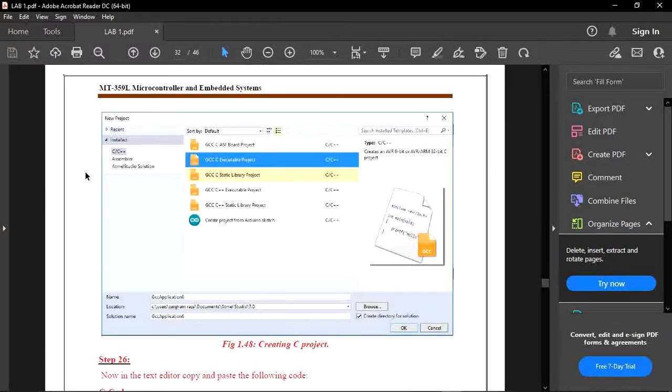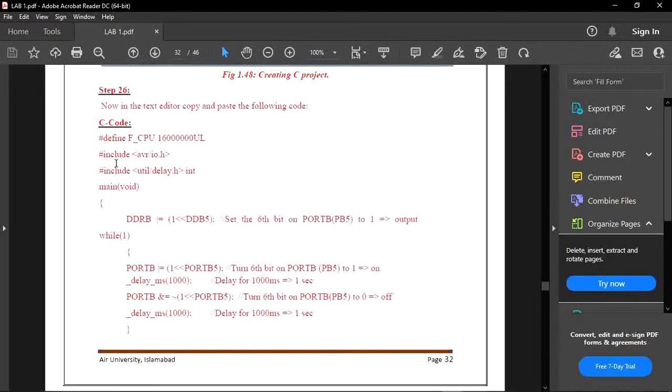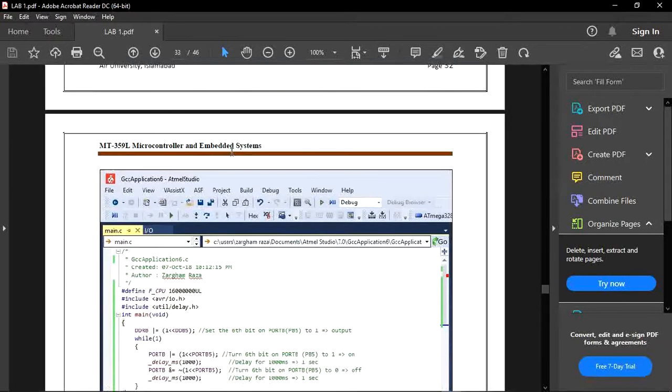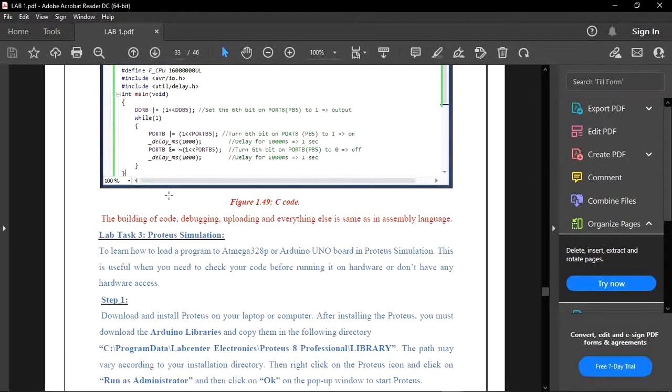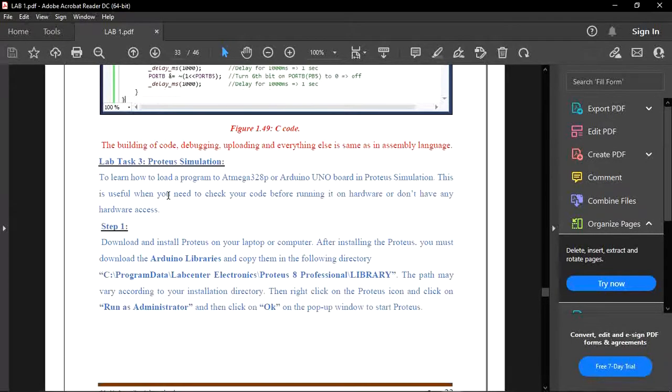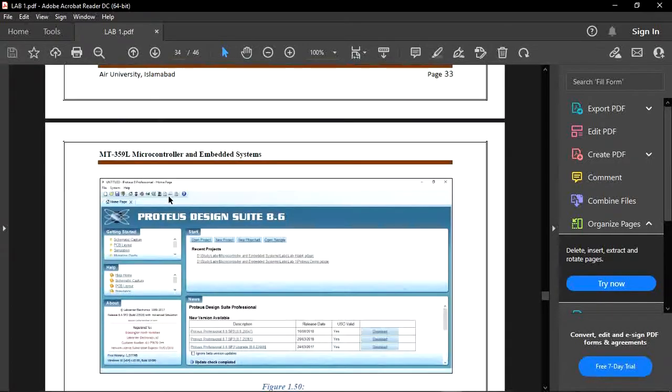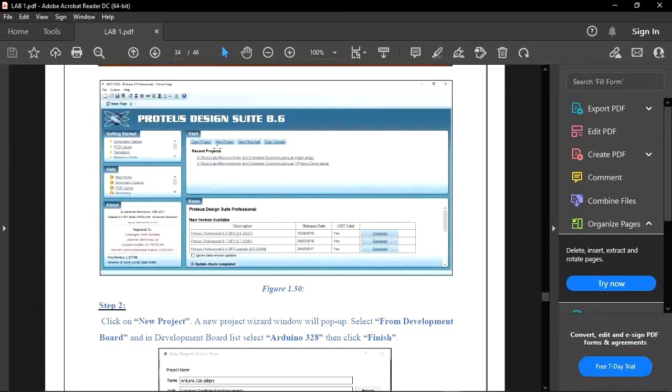For C++, we have to create a GCC executable project, such as this, which is the C code for our blinking LED process. After that, we have to build it in Atmel Studio, and then to check it in Proteus, first of all we have to install it, and then after installation we